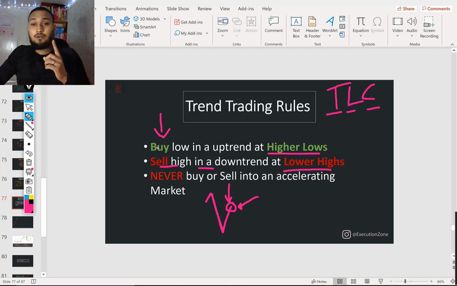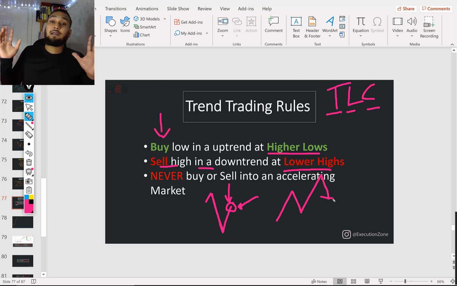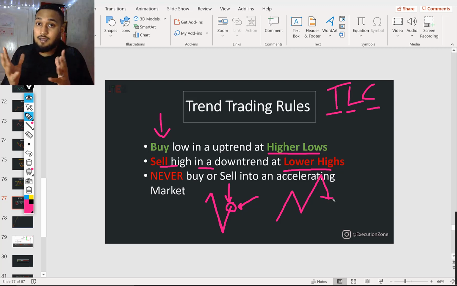This is just one confluence. We want to be able to build a story and say, okay, we're in an uptrend, higher highs, higher lows, higher highs, higher lows. Right now, price is at a higher low. Okay, buy. That's the rule. Okay, but before I buy, let's